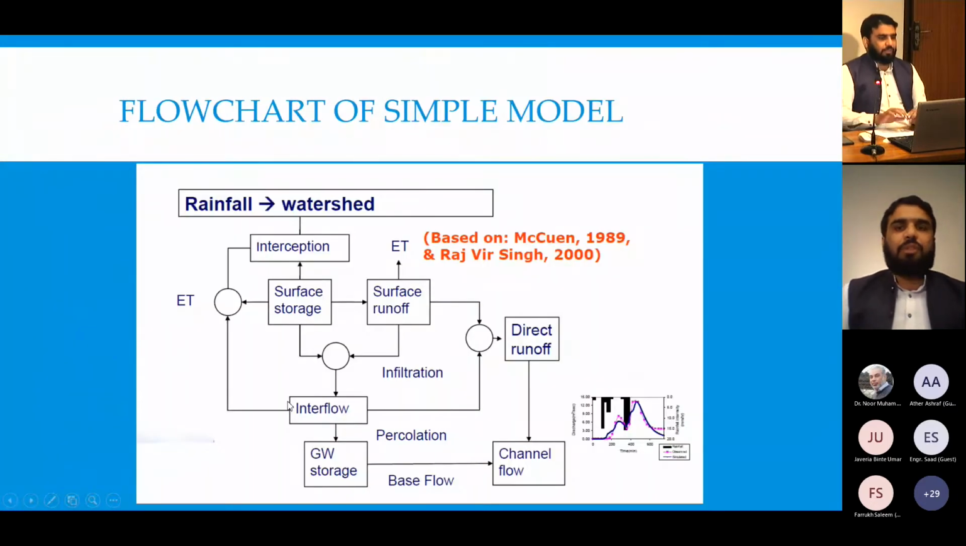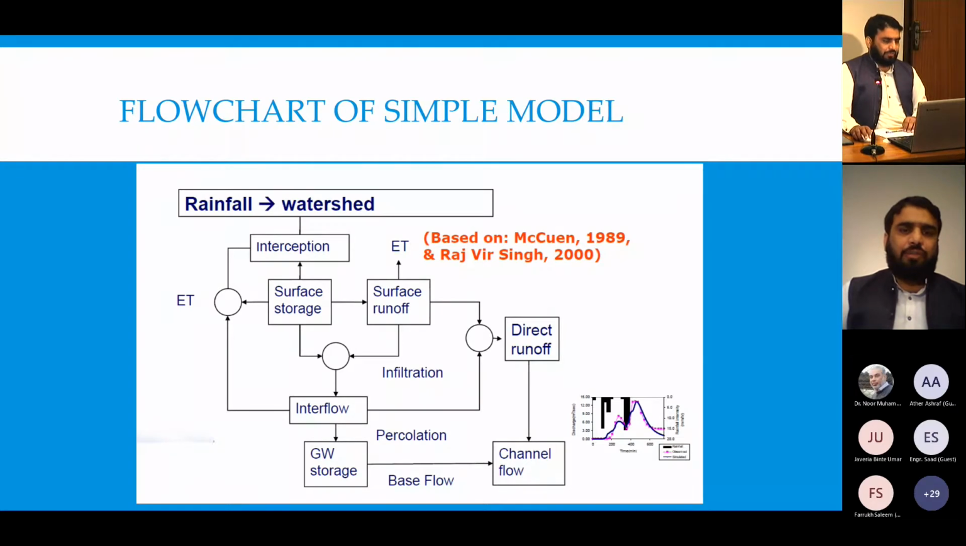Here is the simple flow chart of any hydrological model. This is the process from the conversion of the rainfall to the direct runoff. The conversion of the rainfall to the direct runoff is associated with different losses. If the rainfall falls on the watershed, the first minor loss could be the